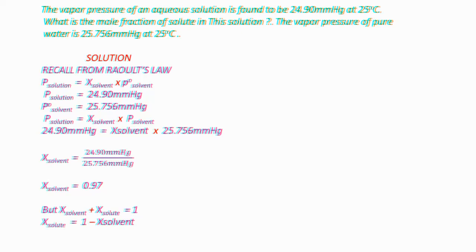Now we already have the value of X solvent, which is 0.97. So let's substitute it into this equation. We are going to have X solute equal to 1 minus 0.97. So when you substitute this, our X solute is 0.03. It is dimensionless. So the mole fraction of the solute in this solution is